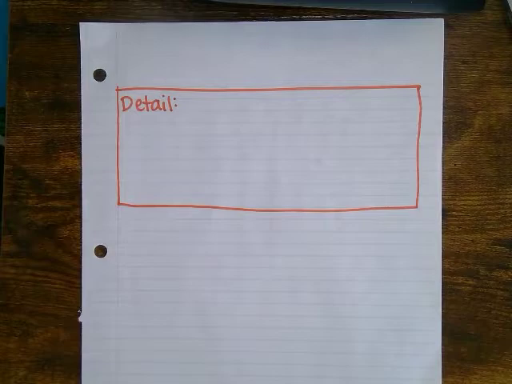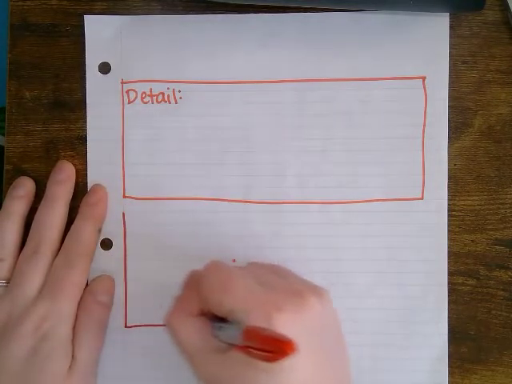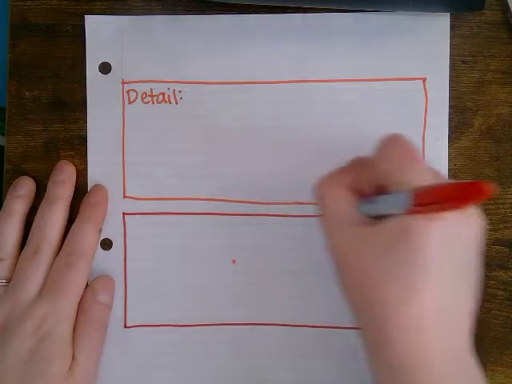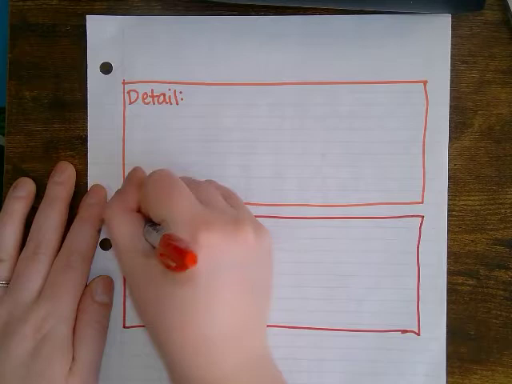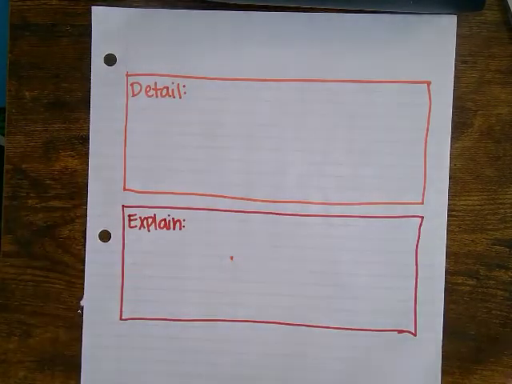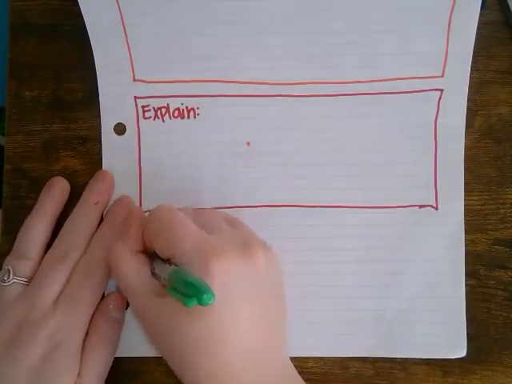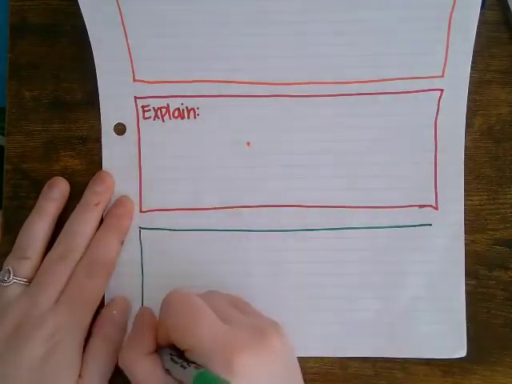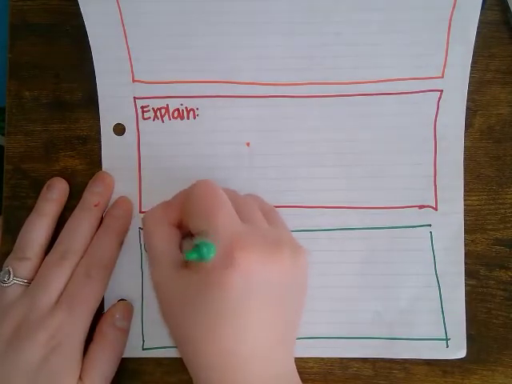Okay. And remember, you can do more than this if you like. If you want to go above and beyond and push yourself to write a bigger paragraph, you are more than welcome to do that. And here is my box for my next explain or piece of text evidence. And at the end, I'll make one more green box for our conclusion. So all you need to do this is 2 pieces of paper or 1 piece of paper front and back. Okay. So here will be our